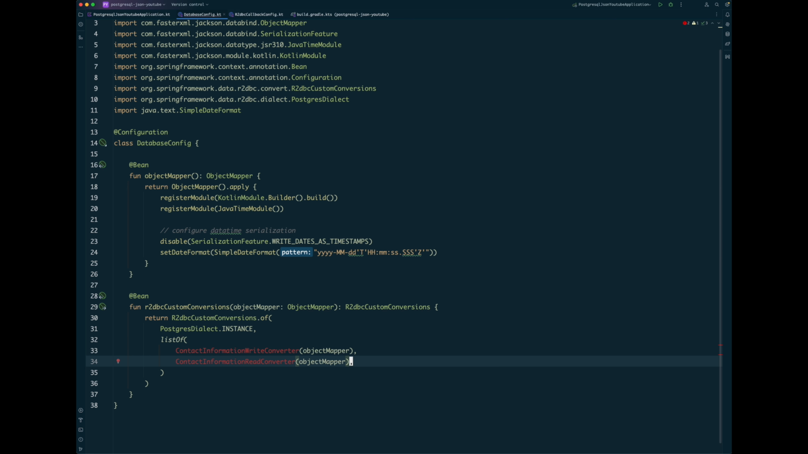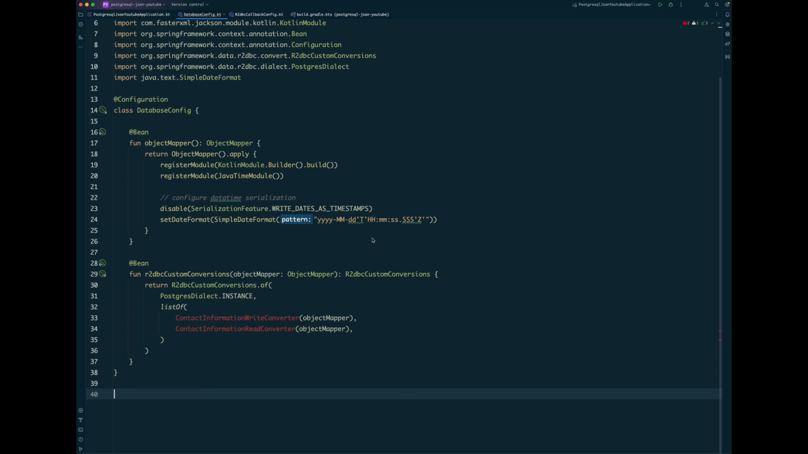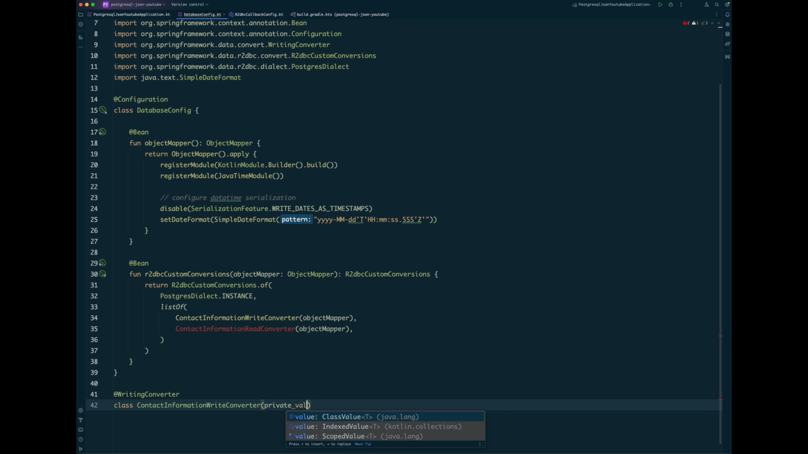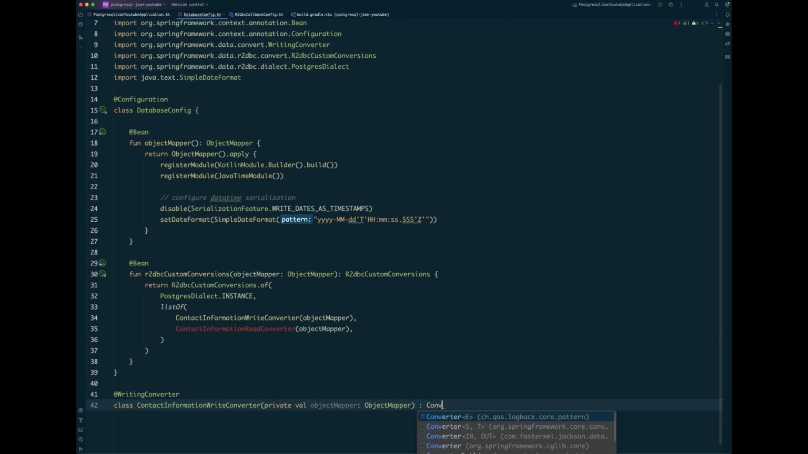converter with the object mapper. One is a write converter and one is a read converter, for writing to the database and reading from the database. Fine, now let's write these methods here. So one will be the writing converter. Contact information write converter, private val object mapper. Of course we take a converter and then contact information